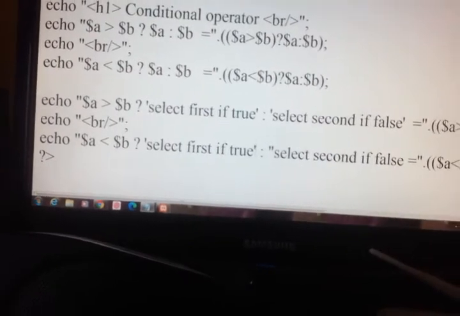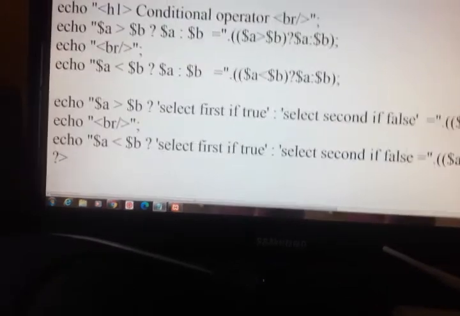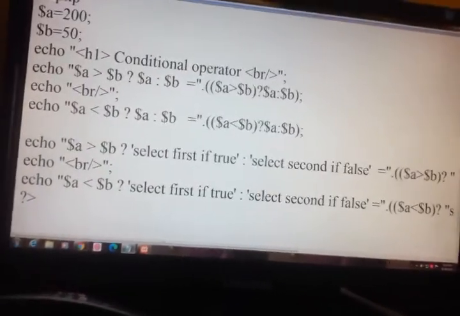Just changing the double quotes to single quotes.